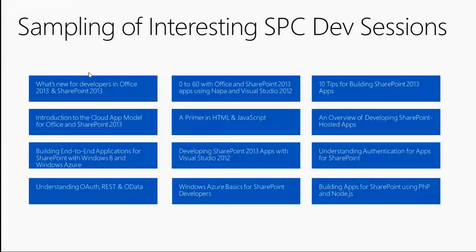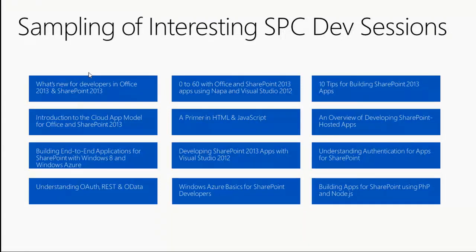So this is my sampling of what I thought was an interesting set of SharePoint dev sessions. You came here today to get started. Hopefully you got that. I know we jumped into a little bit of code; hopefully people weren't offended by that. You all good? I know probably not a lot of you are super coders, but the point is I showed you how to get started. We went through the core things. We talked about programmability and tools. dev.office.com is where you should go if you want to get started.